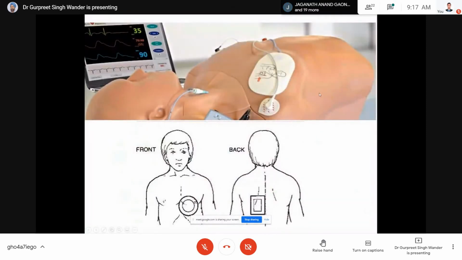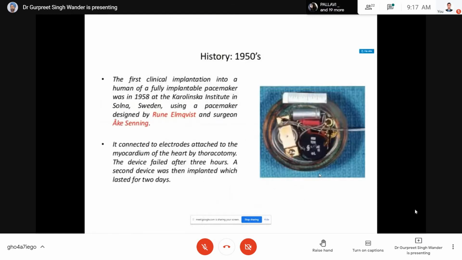This is actually a mannequin which we are showing you. But sometimes we have to place the two pacing pads on the left side, one in the front and one in the back, and then it stimulates the heart. If your patient arrives in an emergency with a very slow heart rate, and you have to take the patient for fluoroscopic guided temporary pacing, to buy that time, because the person may not die in that short time, we put an external pacemaker.